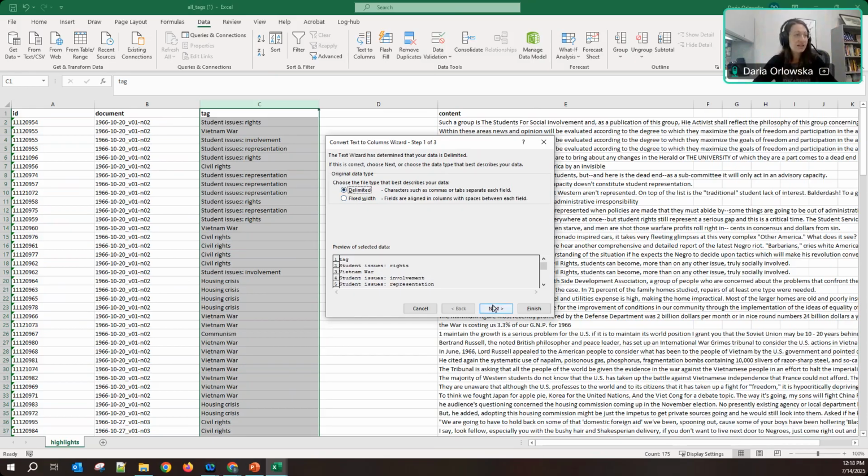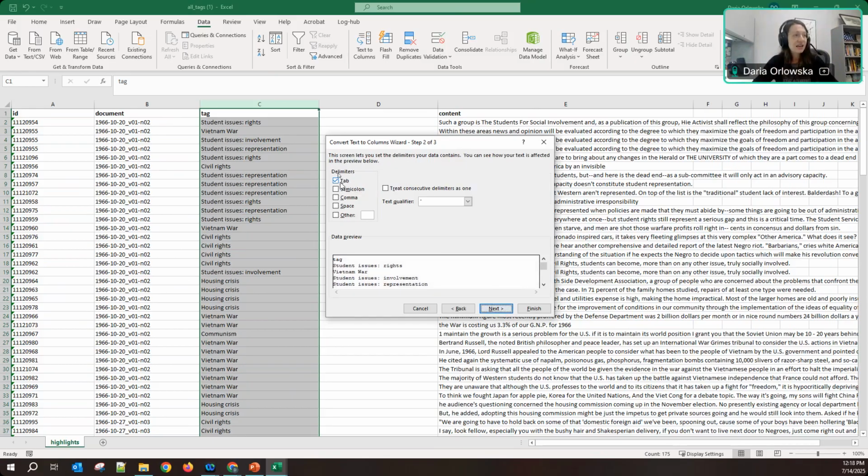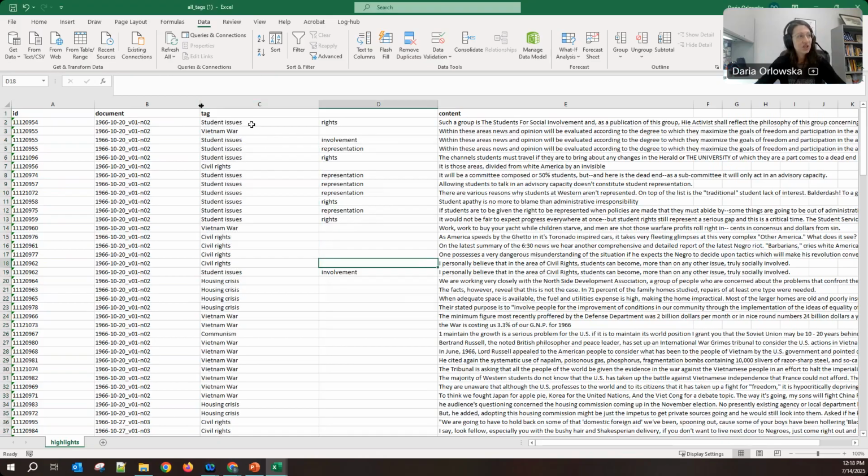So we have Delimited, we're going to click on Next, and then under delimiter, we're going to change from tab to other, and we're going to put in a colon. From here, you can see this preview of what this looks like, and you can see that there is a line added between the 2 headings, and it all looks good. So now we're going to select Finish, and once we select Finish, we have our tag, and then we have our subtag, we can name it, and we have things separated out.